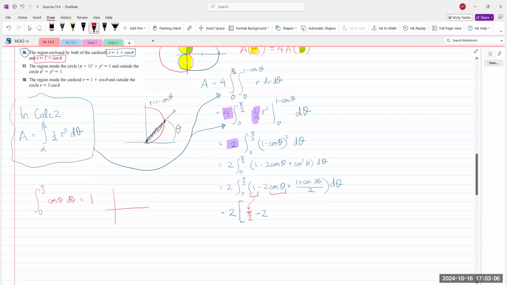Basically I'm saying the area under the curve from 0 to pi over 2 for cosine theta, or sine theta, equals 1. That will speed up your computation. Instead of integrating the cosine or the sine, you already know the value. So that becomes 2 times 1